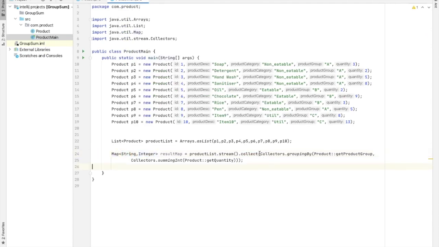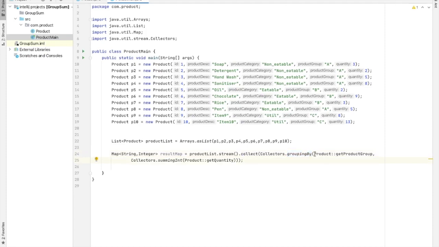Now in this collect we have one parameter and this group by has two parameters. We'll explain about group by. Group by is used to group objects by some property and store the results in a map instance, and this is similar to the SQL's group by clause.